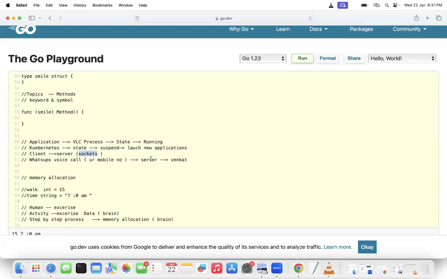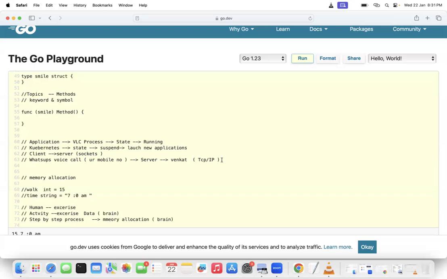The job of this socket server is to accept the connections. Sometimes when you do a voice call in WhatsApp, it rejects immediately and the call doesn't go through. It's either because of your internet connection or because the server is not accepting the connections. When the server accepts, then it is called TCP/IP communication, maybe you know networking. TCP/IP communication is what Kubernetes is doing.